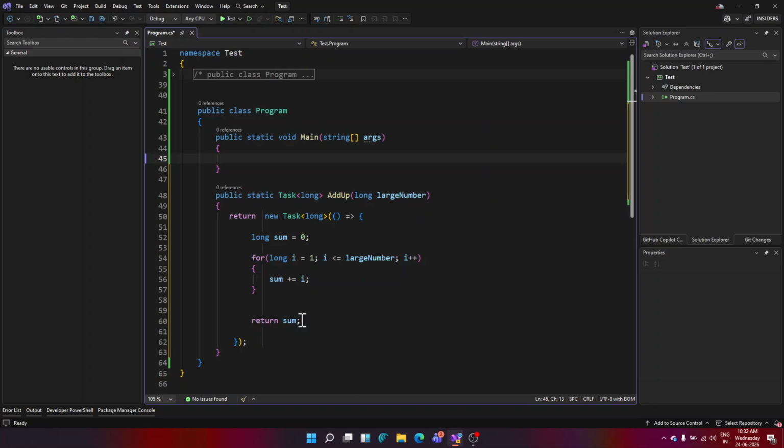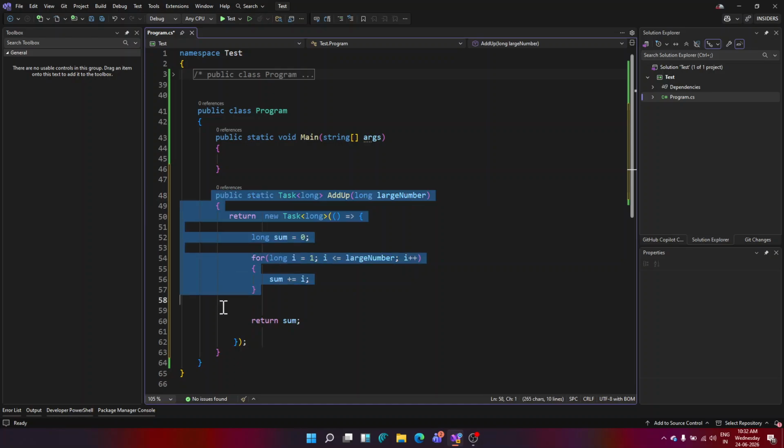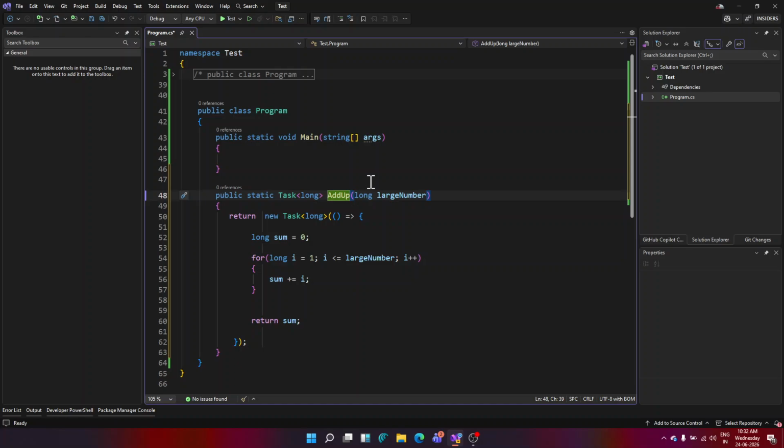And this question was asked in one of the interviews. So now this is my task. Now you know any kind of task is awaitable. So basically I should write AddUpTo a large number, await, and async. We always write asynchronous functions having the word async at the end. You'll find that all the time when we are calling such async functions.